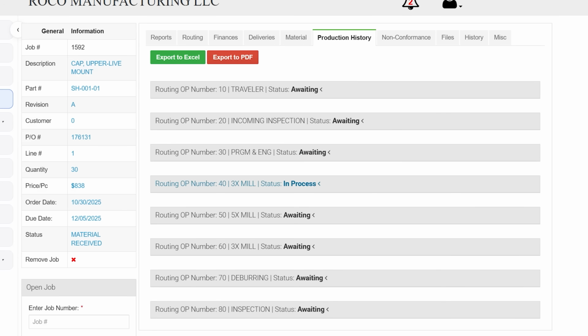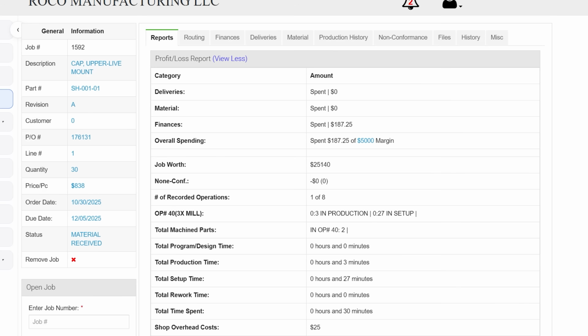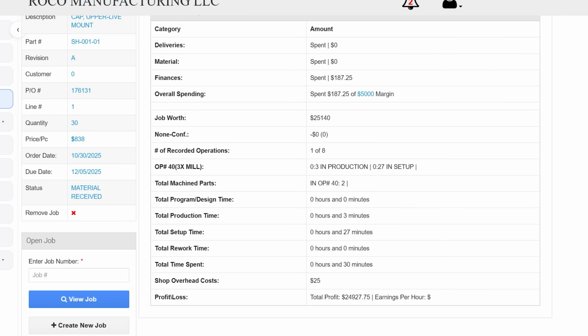Then I just go into my reports, view more, and I can see that it took me 30 minutes: 3 minutes in production and 27 minutes in setup. The total amount of machine parts was 2, my total production time was 3 minutes, and my total setup time was 27 minutes. It's telling me that my shop overhead cost is $25, and my total profit